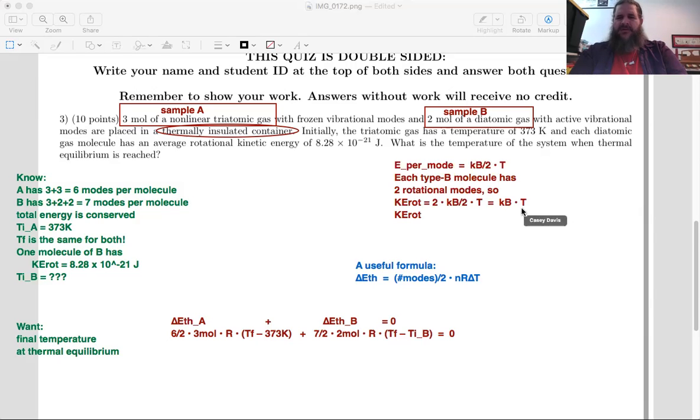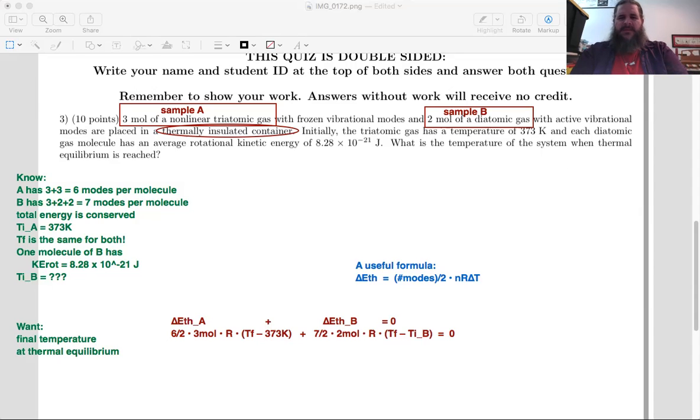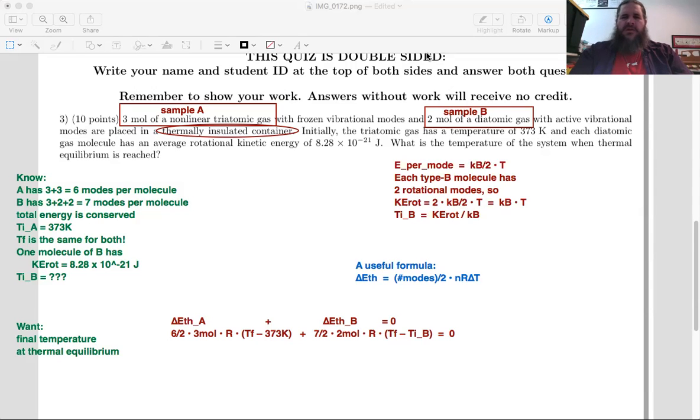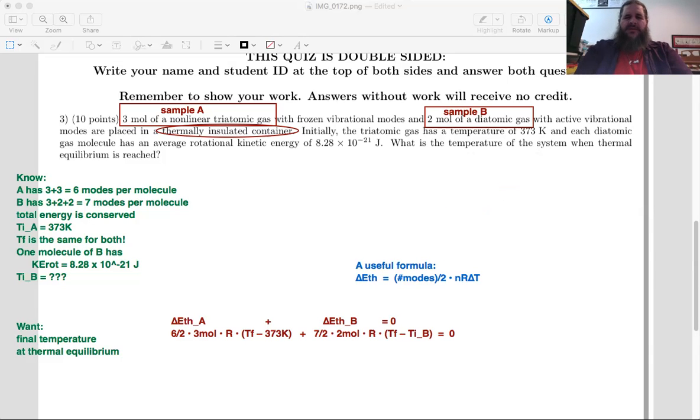And how would you solve for temperature there? What's the opposite of multiplying by Boltzmann's constant? Yeah, if we just divide by Boltzmann's constant, that should give us the initial temperature of object B. So I think we should be able to use that then. We know the rotational kinetic energy per molecule. If we divide that by Boltzmann's constant, then that should give us the initial temperature of sample B based on the equipartition theorem. So if we fill that in,